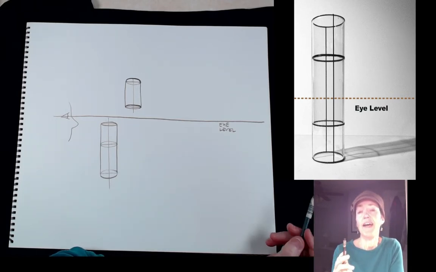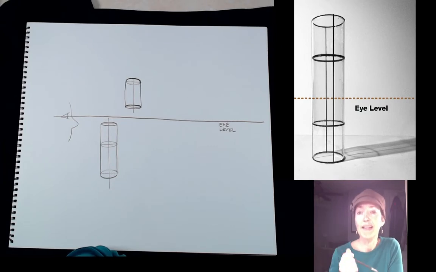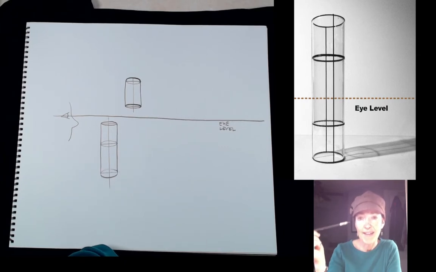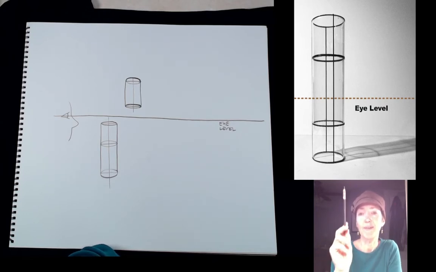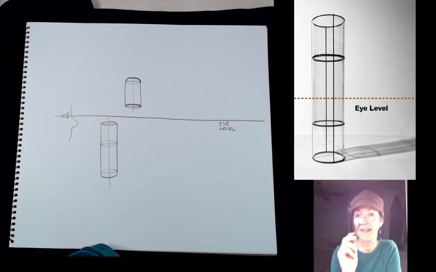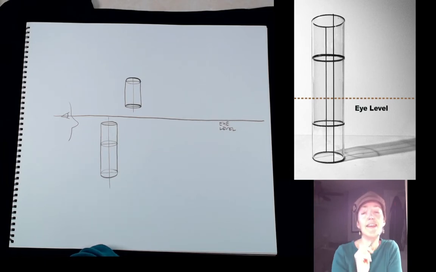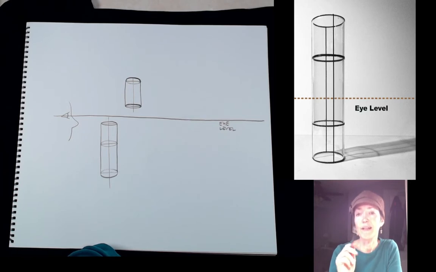In this photograph, I had to figure out where the eye level might be, and so I estimated based on how flat the ellipses were. And I knew the eye level would be closest to my flattest ellipse. So I felt like the one that's just below my dotted line was a little bit flatter than the one above it, and I kind of guesstimated where that eye level might be. But we know for sure it's not at the very top of the object because we're looking up at the underside of that ellipse, and it's definitely rounder than the two toward the middle of the object. So we knew the eye level had to be somewhere in the middle there.